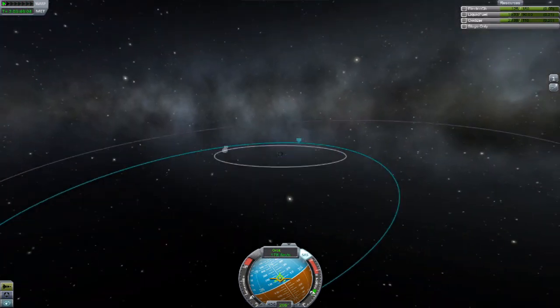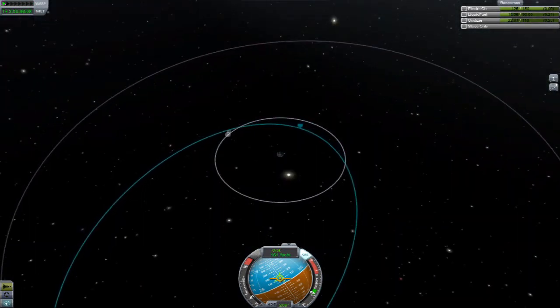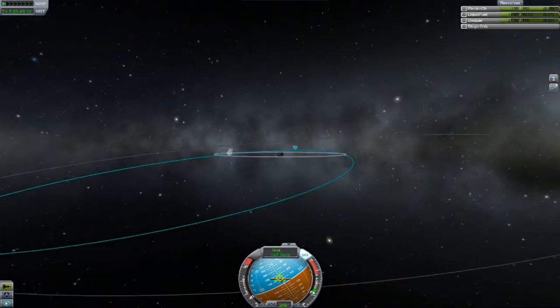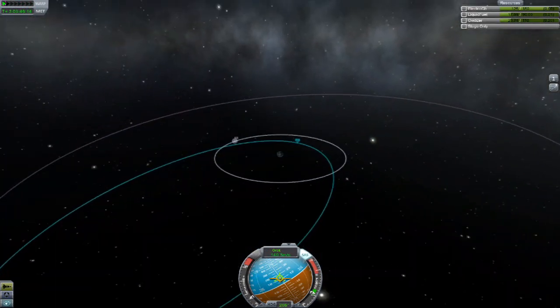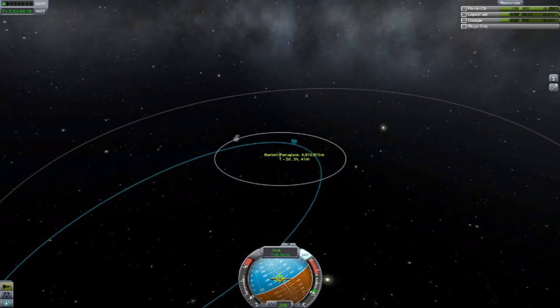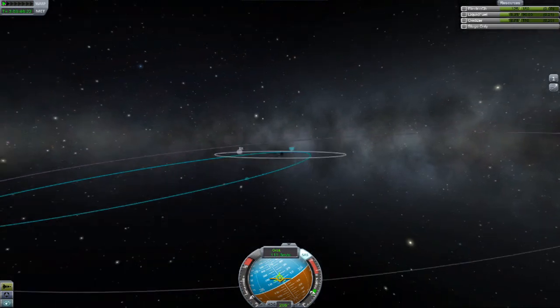Just going to wait to see if we can cross the moon's path, where we first crossed the moon's path anyway. It takes several days to get back from Minmus, so we should cross the moon's path several times. Hello? Moon? Are you out there? Are you out there at all? We just might hit Kerbin before I see a moon encounter, probably because of our